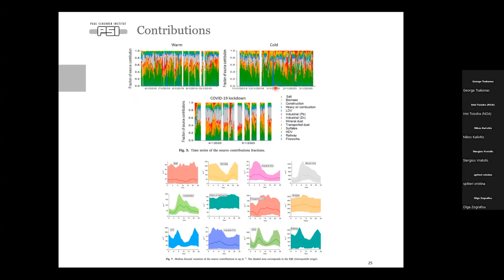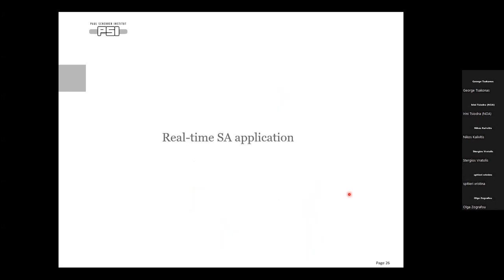Even those few points complicate source apportionment quite a lot. And here we see the diurnal variation, which is something that we can also check when we have high time resolution data.